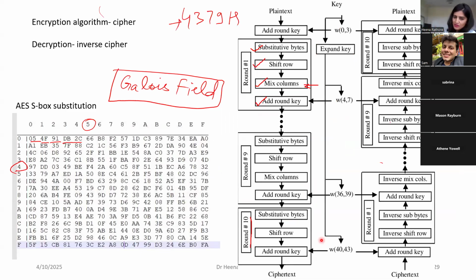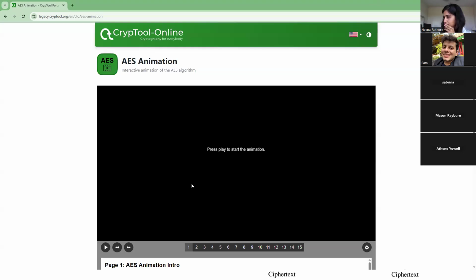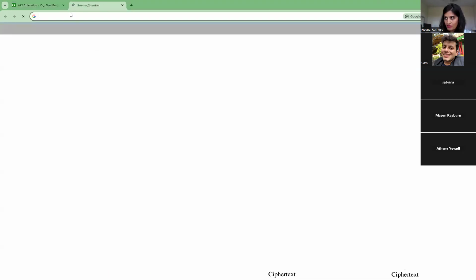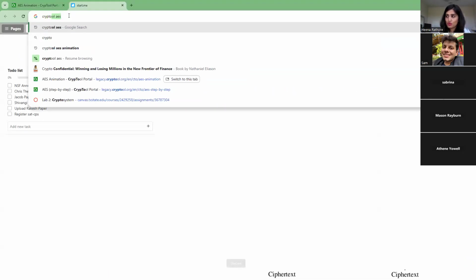Now I will run that animation so that you can see a live demo. Let me go over here. I think you're able to see this part. So this is an online tool called CrypTool. If you just search CrypTool,